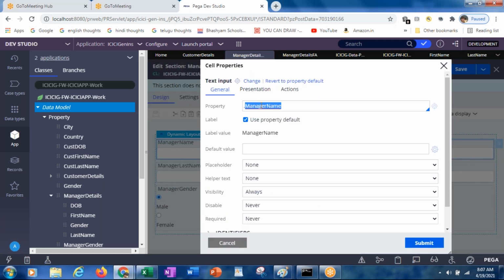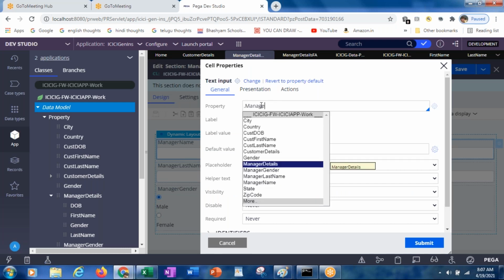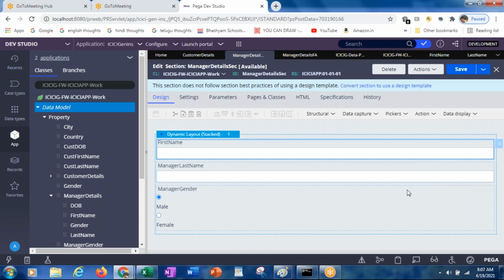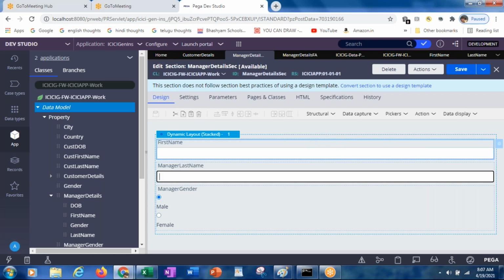Here, earlier we selected customer details dot. Now we need to select manager details dot first name, submit, save it. Same way you can apply for manager details last name.